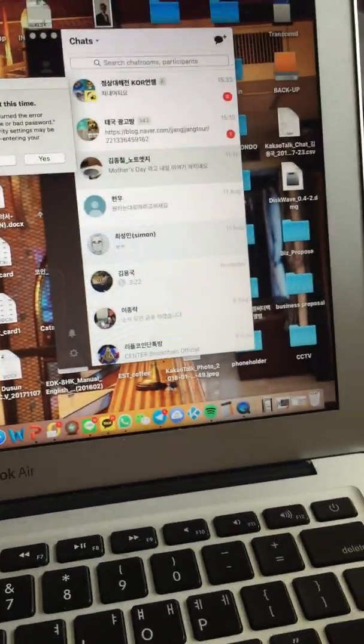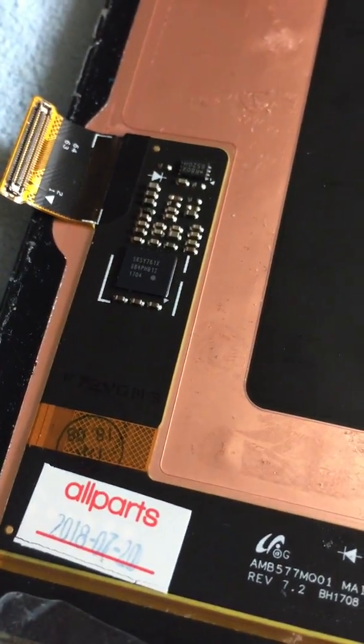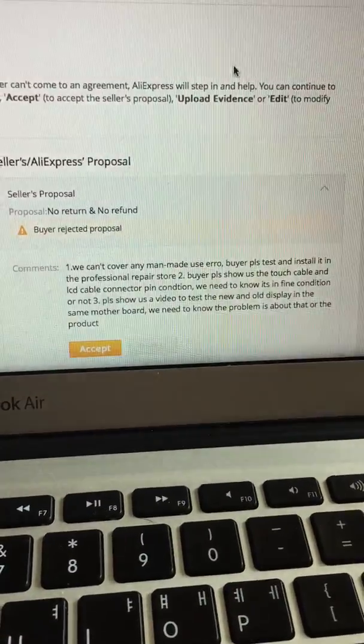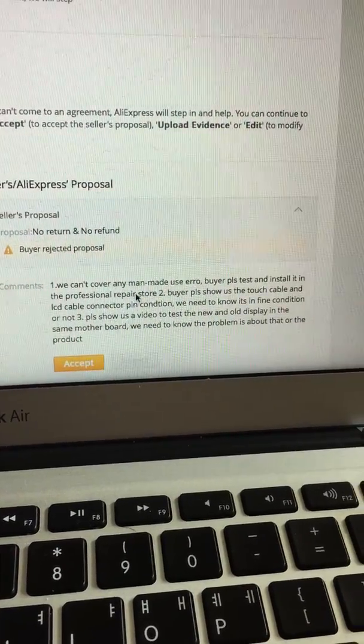So the seller asked me to take a video about the problem and whether the product belongs to them or not. So I took this video and I showed this sticker here, on all the parts. And when I sent this to the seller, the seller said something like this: